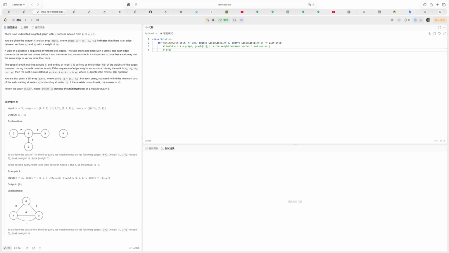For DFS we will have a visited set. For each query we will reset the visited set, and if we reach the ending vertex, then